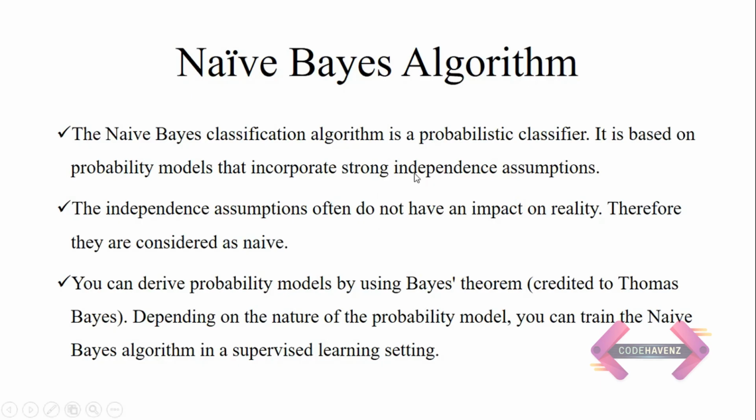Now what exactly are these independent assumptions? Independent assumptions means that let's suppose we have a fruit named apple. We need to classify that fruit as an apple based upon three features: color red, shape round, and diameter 10 centimeters. Naive-Bayes considers these three features as independent in order to classify that fruit as an apple. That's why we can say that they have strong independent assumptions, as it will consider each and every feature independently in order to contribute to the class label.